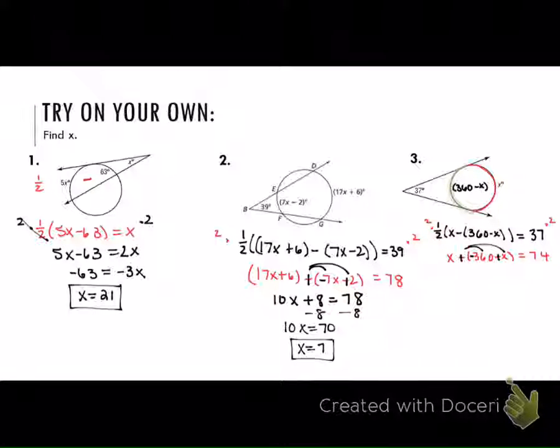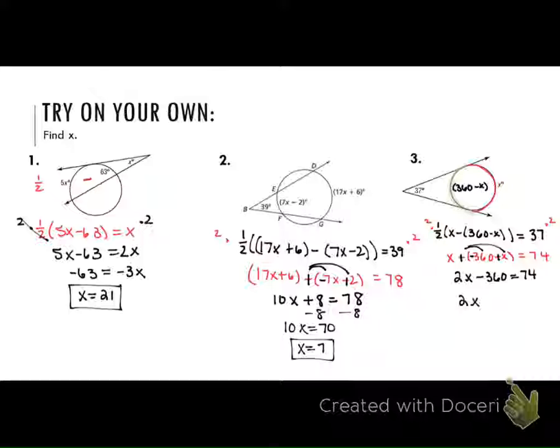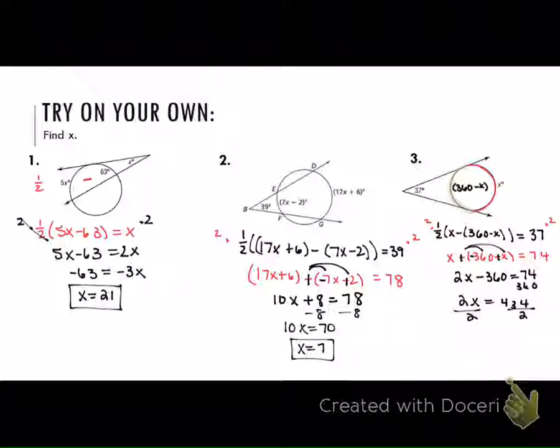So I distributed that through. So I get 2x minus 360 equals 74. So I add 360 to both sides. Is it 434? Divided by 2. That does not, maybe that does. Okay, so let me